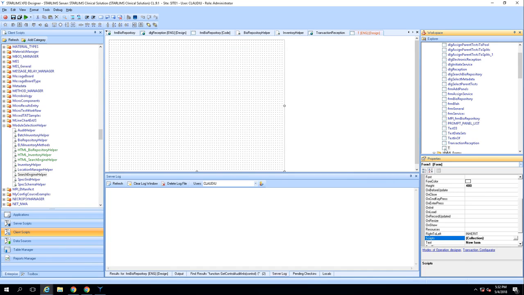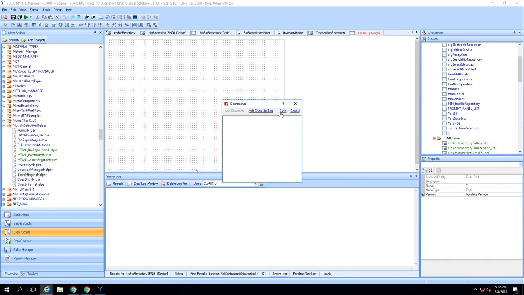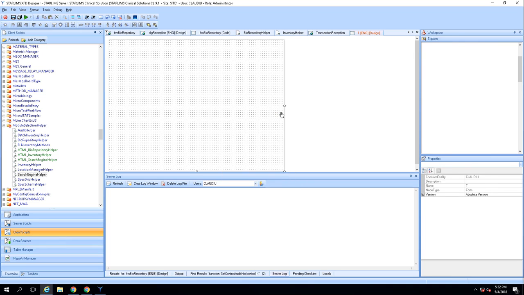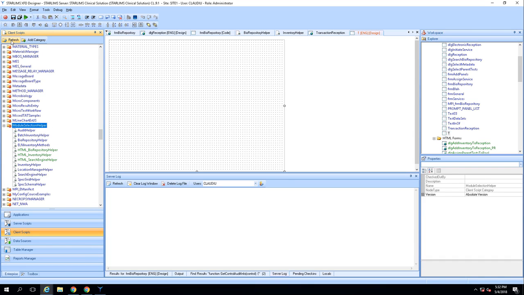And now we need to convert this form to HTML. To do that, we have to check it in. This step, check it in, is a required step. Yes, this is by design. The converter assumes that a checked out form is work in progress, so it skips it. Make sure the forms are checked in before converting them. The converter wants the form to be stable, yes, to be checked in. Okay, so let's save. And let's make sure we have that script now. So let's refresh. So module selection helper, and sure enough,